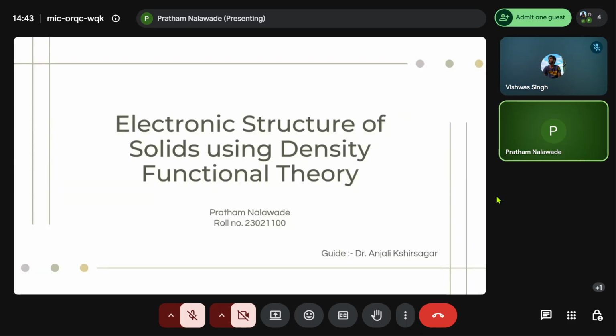3, 2, 1. मेरा कैमरा चालू नहीं था ना। हाँ ठीक है। हाँ,